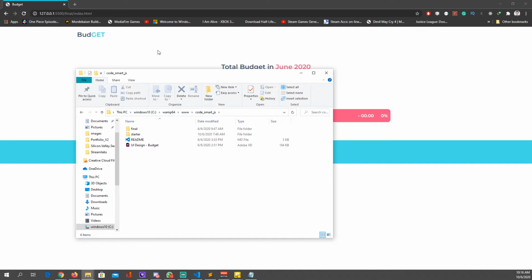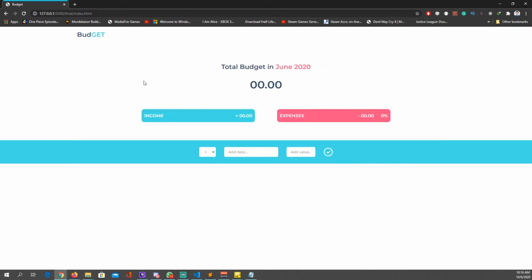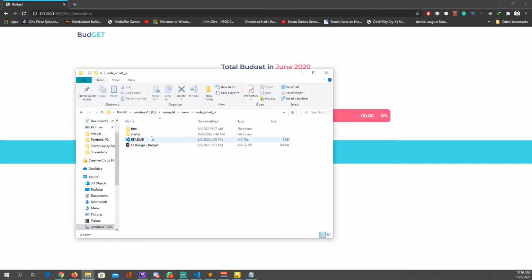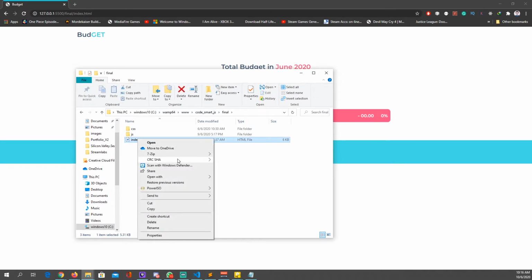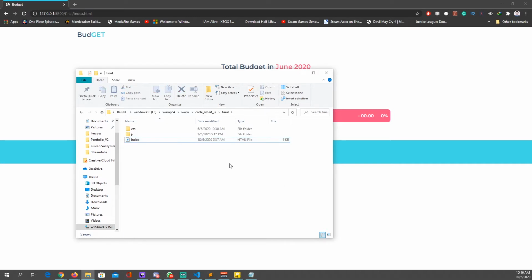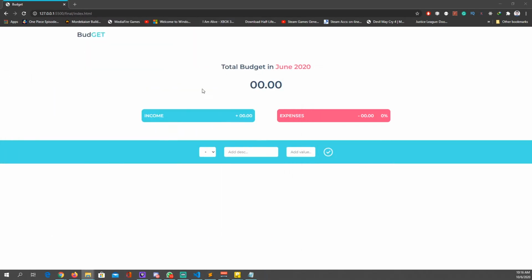To open this budget web app, like I opened it in my Chrome browser, maneuver into the final folder, right click on the index.html and open it with Google Chrome, or whichever browser you choose. That's how you're able to see the final version of the budget web app.